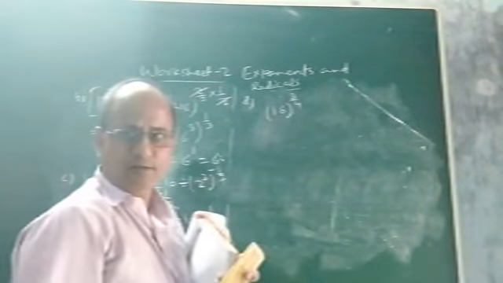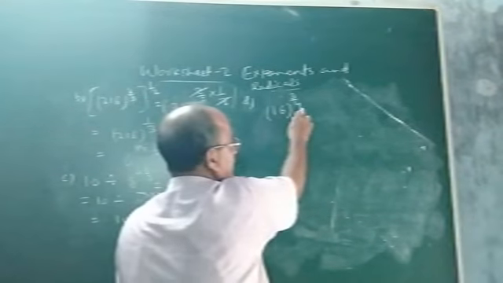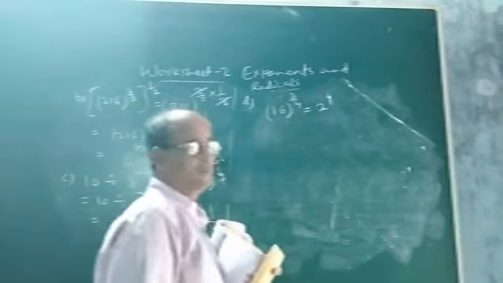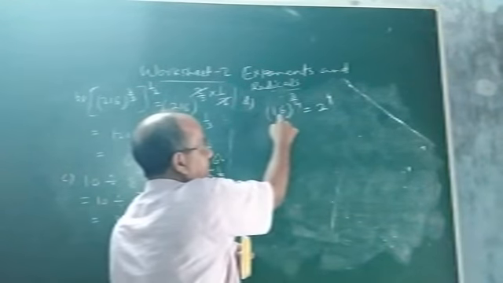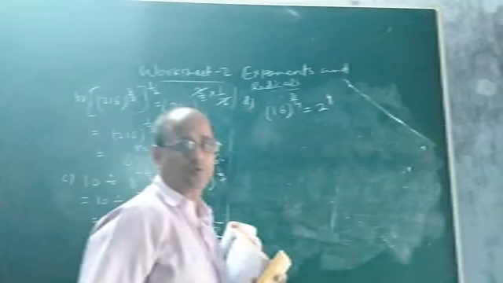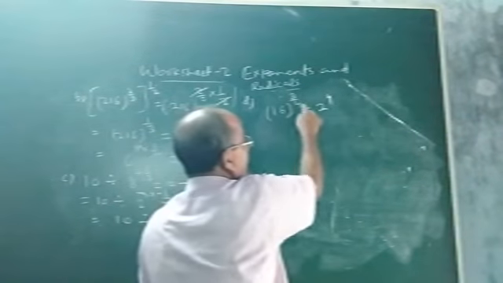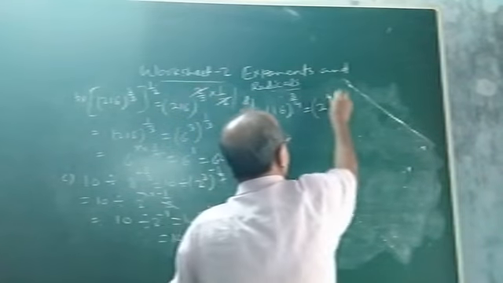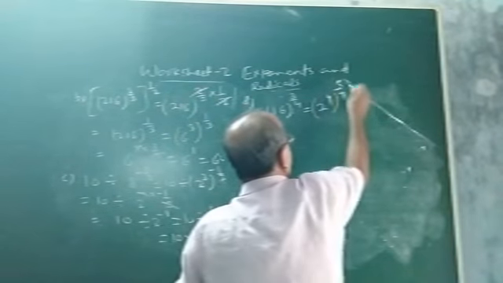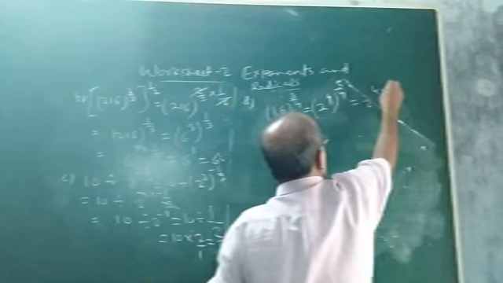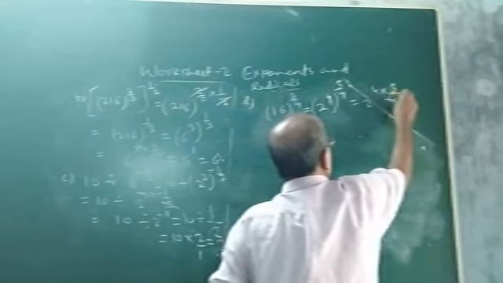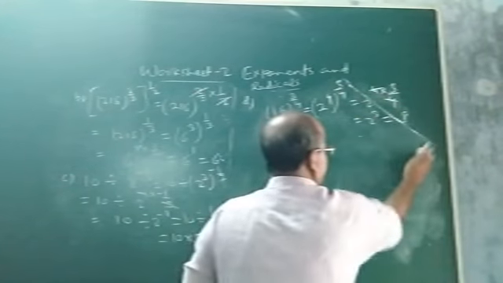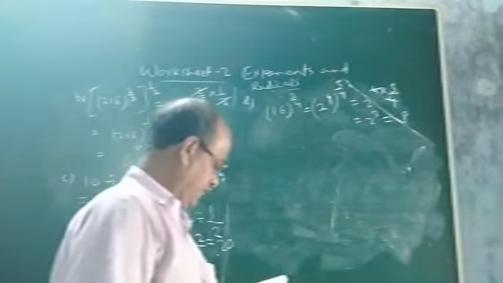So it is also a very easy question, because you see here the denominator is 4. So express 16 as 2 to the power 4. As the denominator is 4 in the exponent, express 16 as 2 to the power 4, so that this 4 and this 4 will be cancelled in the next step. So it is 3 by 4. Now it will be 2 to the power 4 into 3 by 4, cancel. It is 2 to the power 3, which is 8. So the value will be 8.